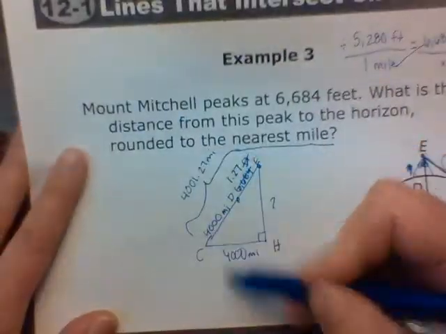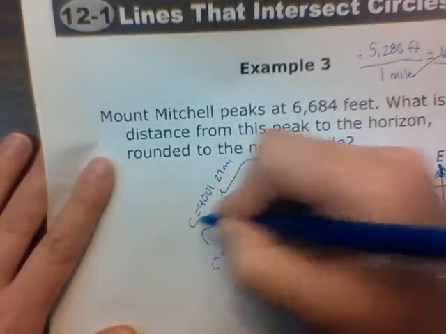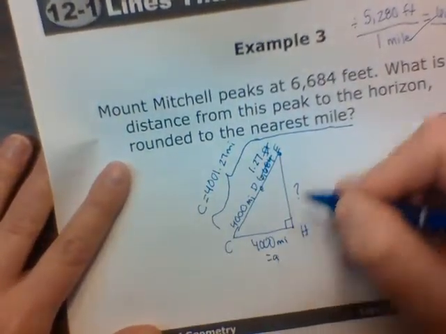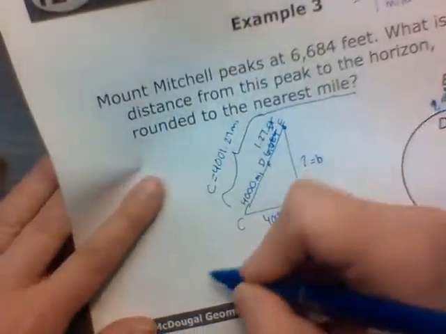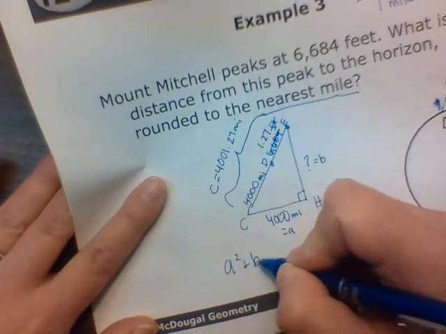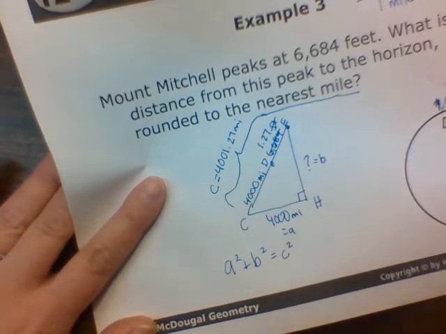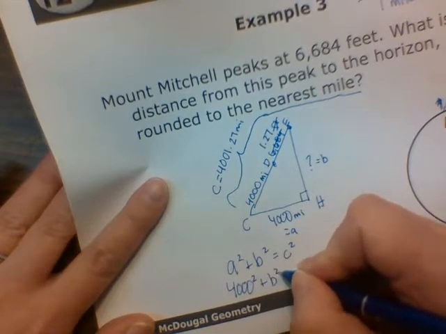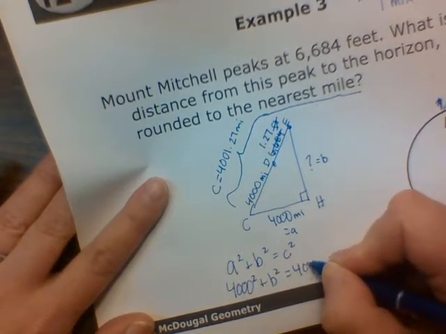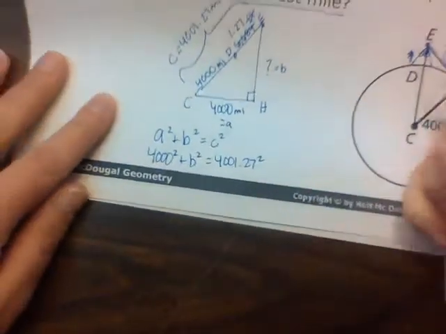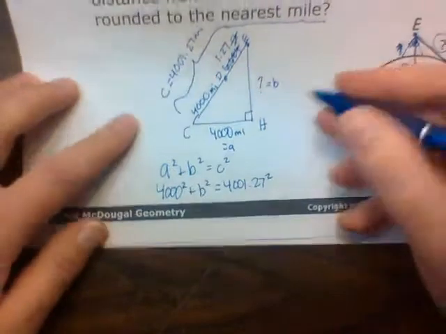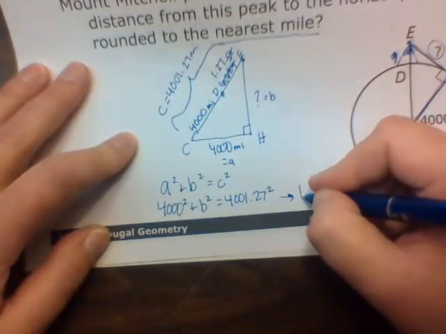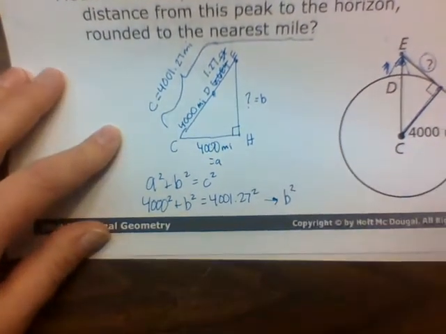So now we have the hypotenuse, we have a leg, we don't have this other leg, and so if we call this the C from the Pythagorean theorem, and this the A and this the B, that means that we're going to take A squared plus B squared, and it should equal C squared, or 4,000 squared plus the value we don't know equals 4,001.27 squared. Doing the math, you make this squared and this squared, and so once you do that, you're going to get the fact that B squared, taking it away, is